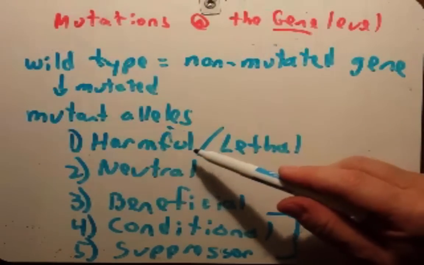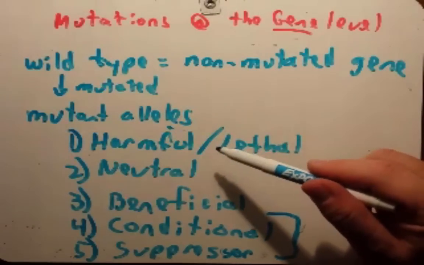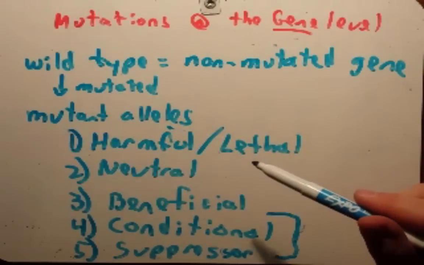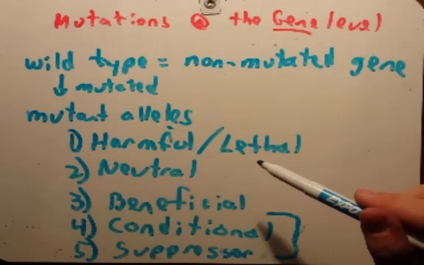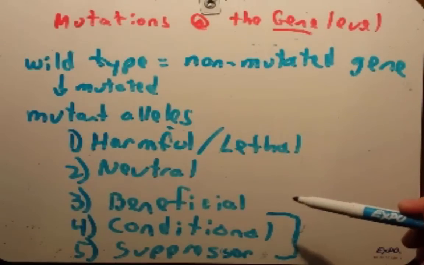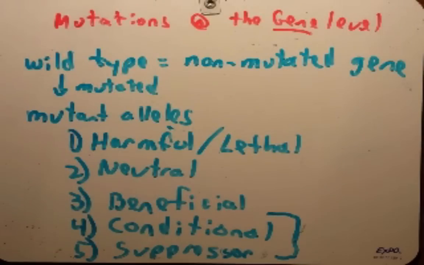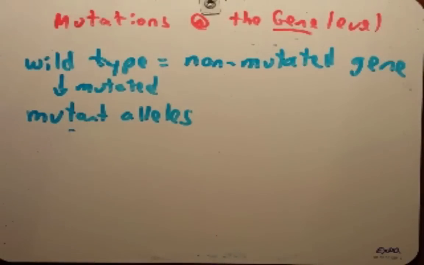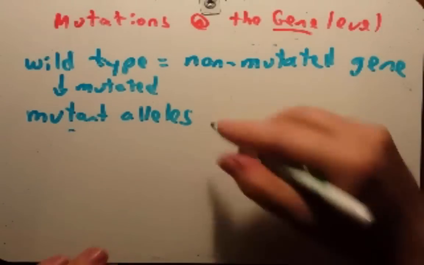A mutation that is harmful means that it doesn't protect the organism as well. A neutral one can be one of those mutations that doesn't change the amino acid, so it doesn't have much of an effect on the organism. And beneficial mutations are ones that make that protein perform stronger or better in certain environments. But let's talk about conditional and suppressor mutations first. That is in a little bit more detail. The best way to explain a conditional mutation, so let's talk about that first,